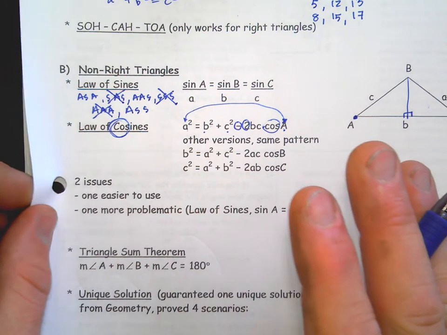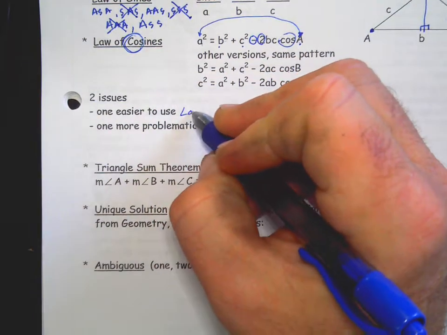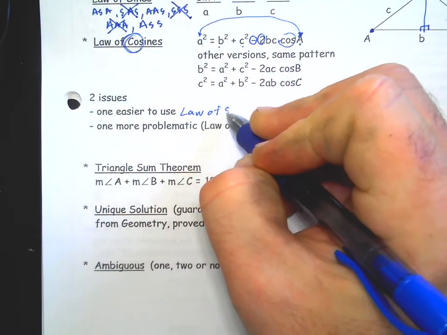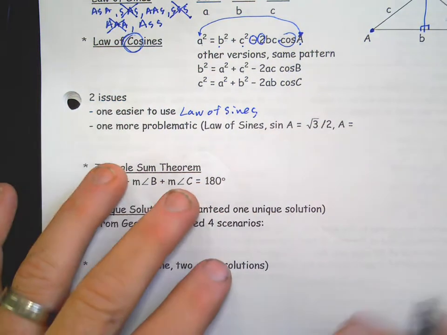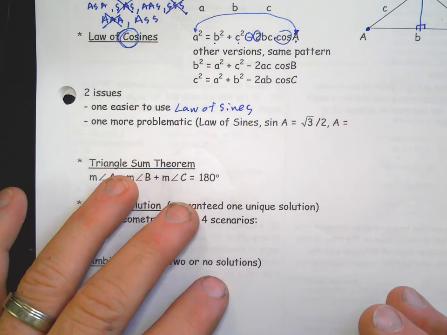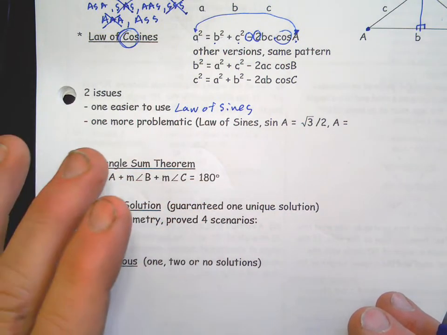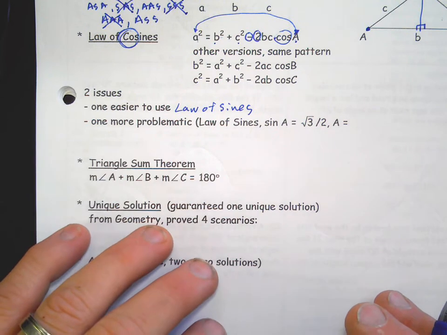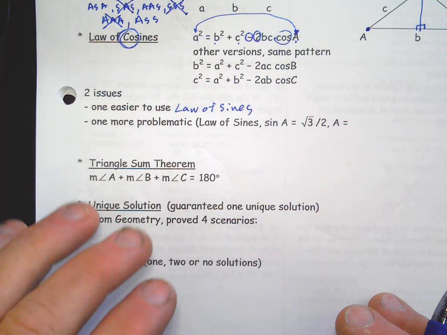Now, I would say the easier one to use is law of sines, right? I mean, the pattern is easy to remember. It's, I think, just less messy. But there are some situations where law of sines is going to give us problems. One of those issues is that your calculator